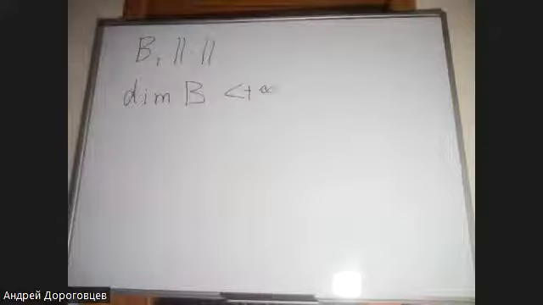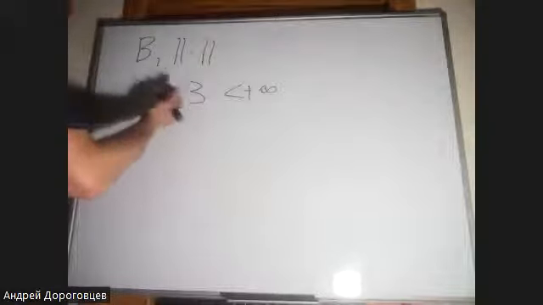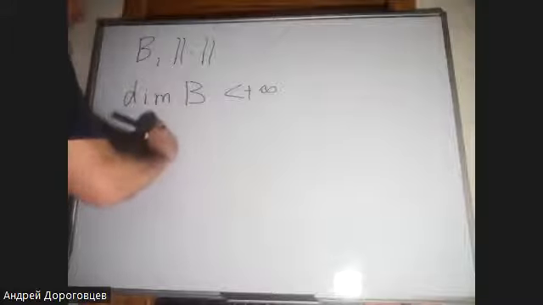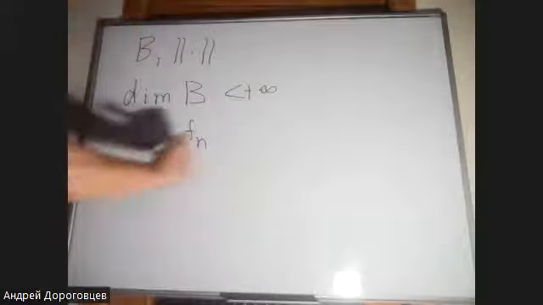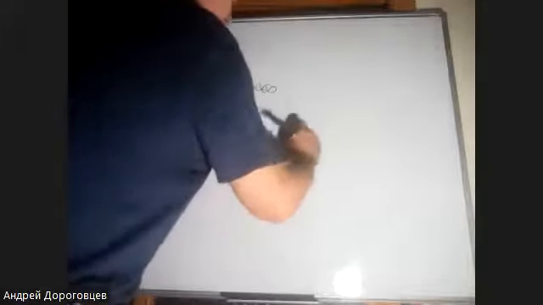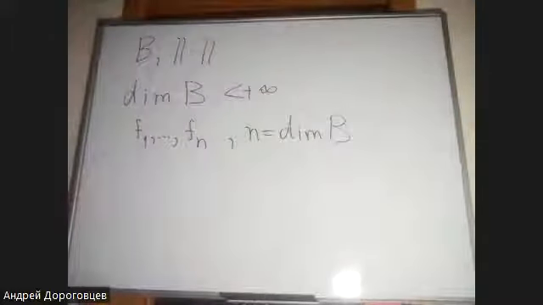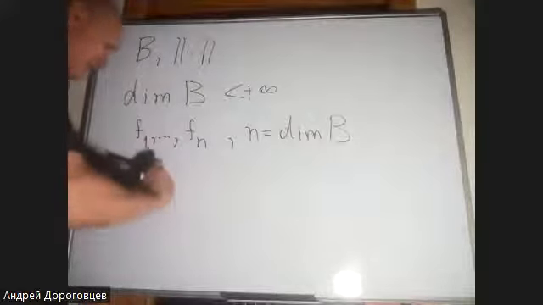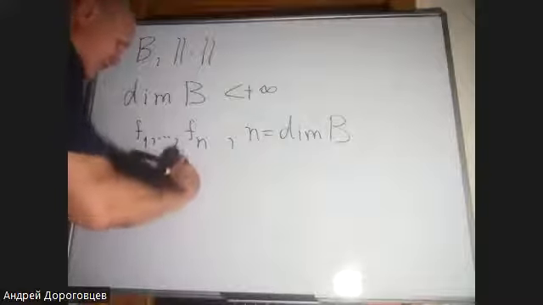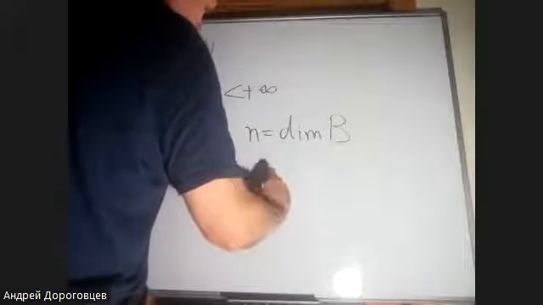In this case, we know that B is a linear maximal independent linear system here, and N is exactly the dimension of B. Then every x can be identified with the sum alpha 1 f1 plus and so on plus alpha n fn,